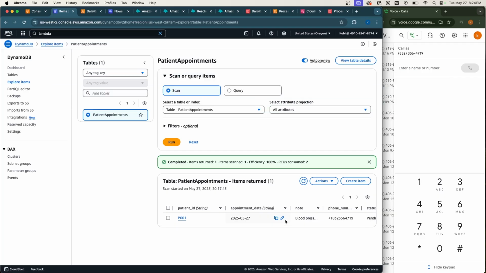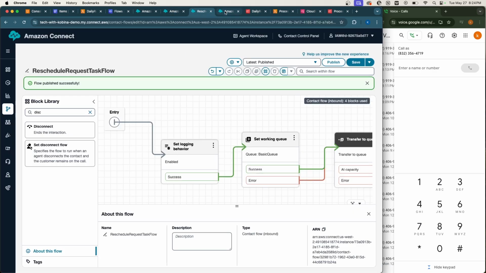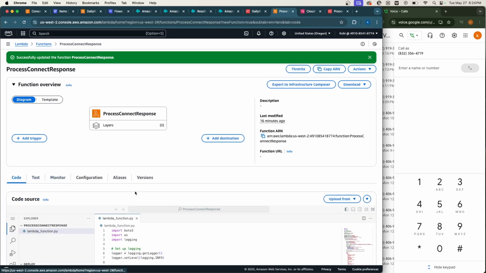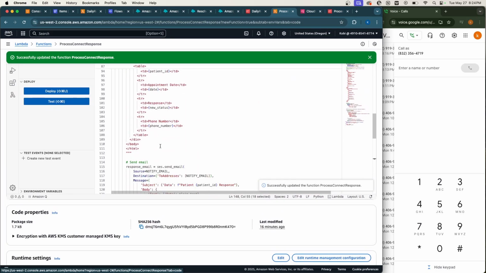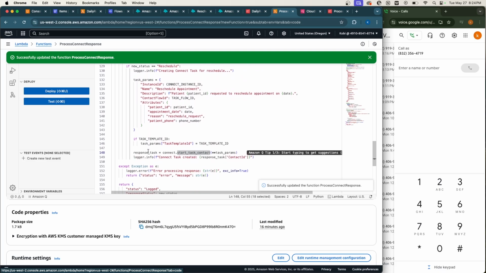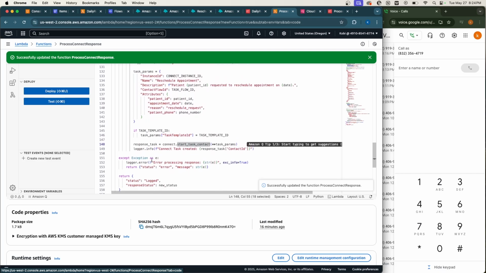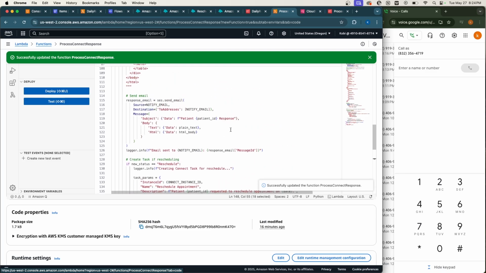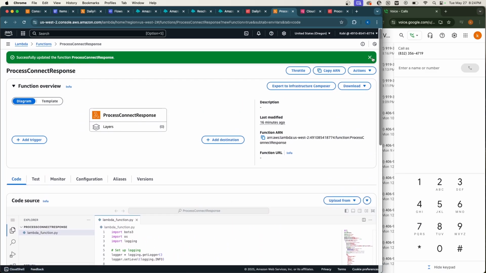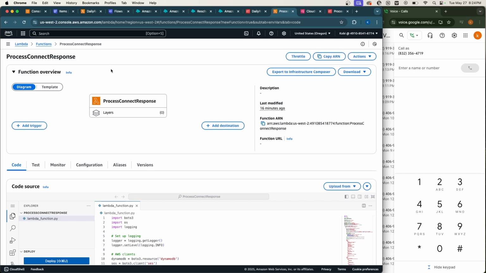Alright, so we are going to test the second scenario. As we saw in our contact flow experience, we mentioned that if the caller presses 2, we want the person to be able to reschedule, and then when they reschedule, we want to create a task for the agent. So that's what our Lambda is doing when someone presses 2. If you look at the Lambda code, we can see that if they do that, you are calling the start task contact API. So I'm just going to show that case study, and if there are any issues, we proceed to fix them. But before that,